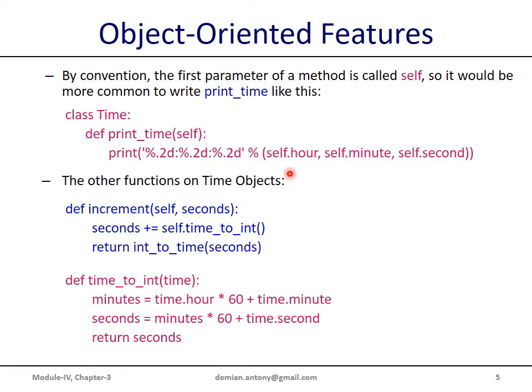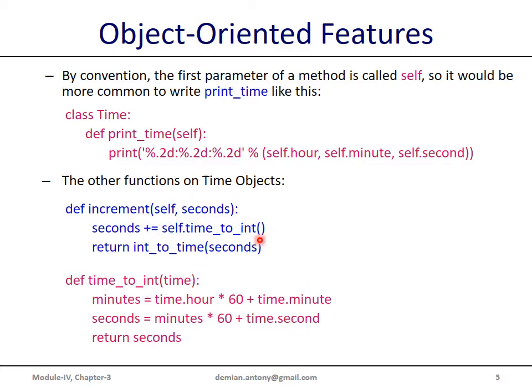Similarly, we can write the other two functions with this subject. One is increment. This is the object on which this method is being invoked, self, comma, second. If you see the simple function increment, we had only one parameter. Now we have two parameters, seconds as well as self, and we convert this